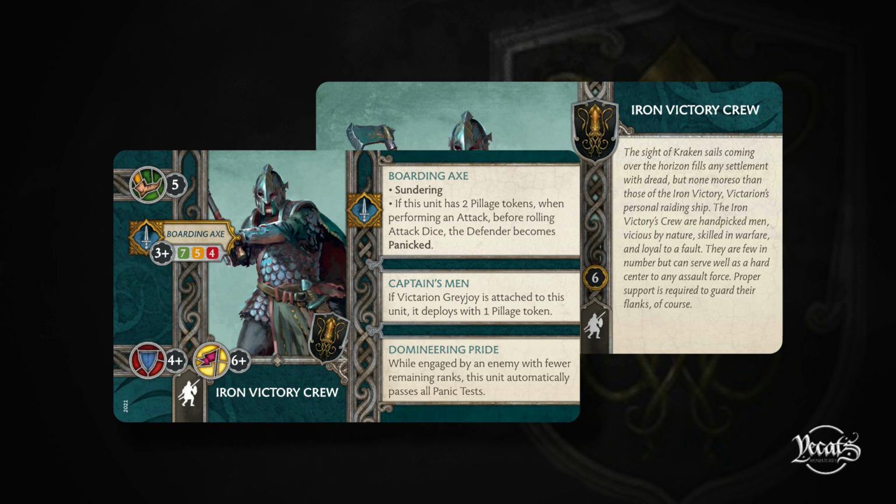So, coming in, initial thoughts. How do you feel about Iron Victory Crew? Okay, so the first time I saw them, I was not excited. It was another infantry unit, another 5 movement infantry unit, but then, if you check every stat and the possibilities, I think they are